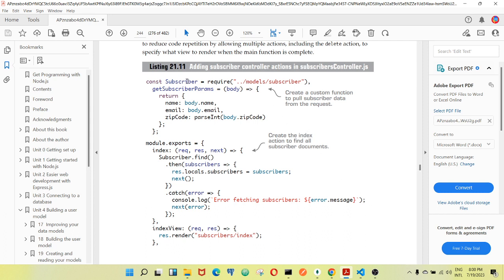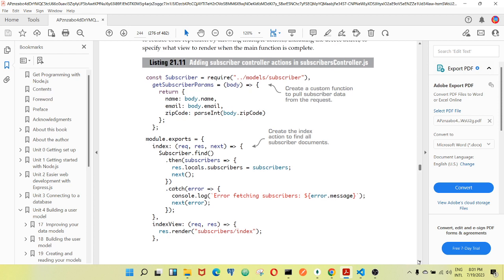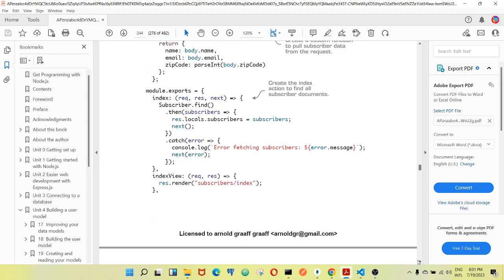So, for the subscriber controller, we start by requiring the subscriber model. We have the function getSubscriberParams body where it will return the name, the email, and the zip code of the subscriber. We will export